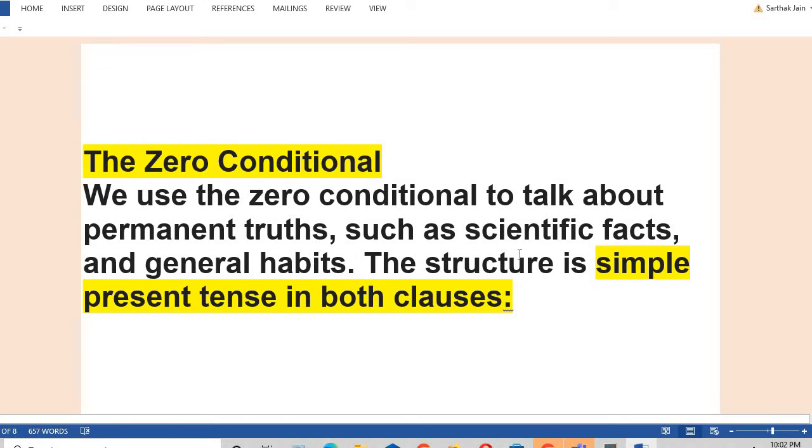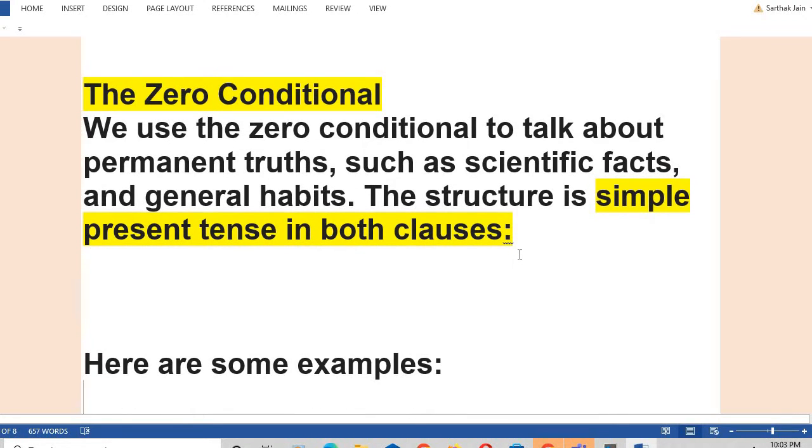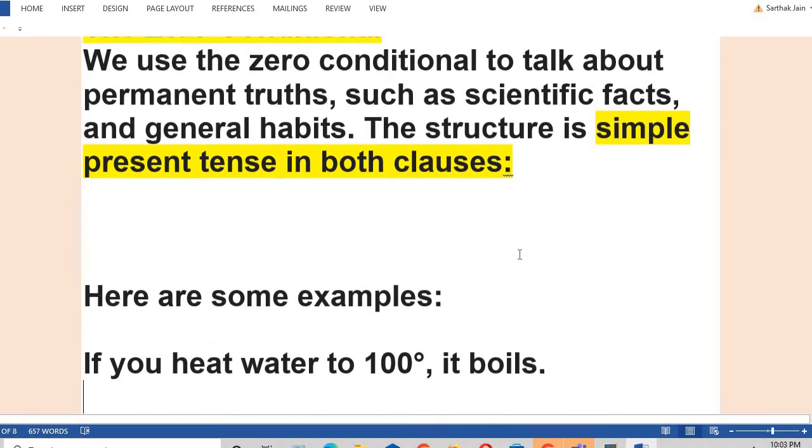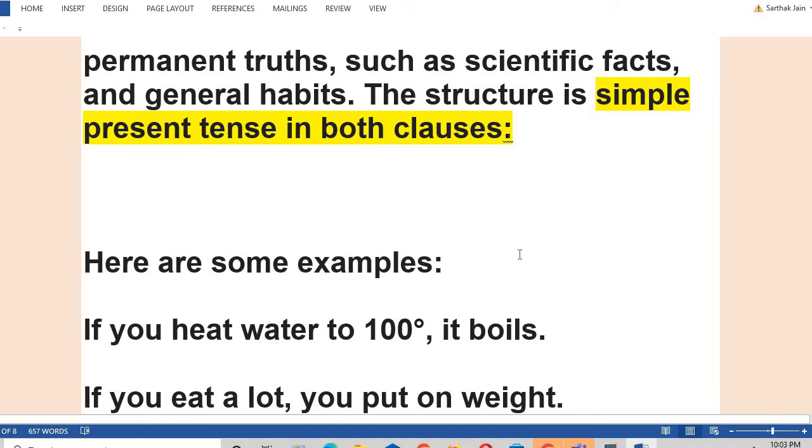Starting with zero conditional. Zero conditional means basic conditional. We use this conditional to talk about permanent truths such as scientific facts or general habits. And its structure is very simple. In both of the clauses, we will find only present tense. For example,